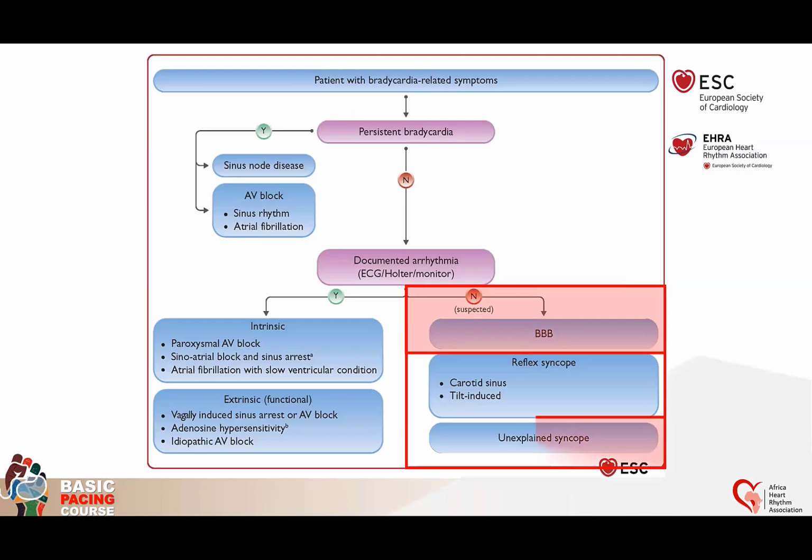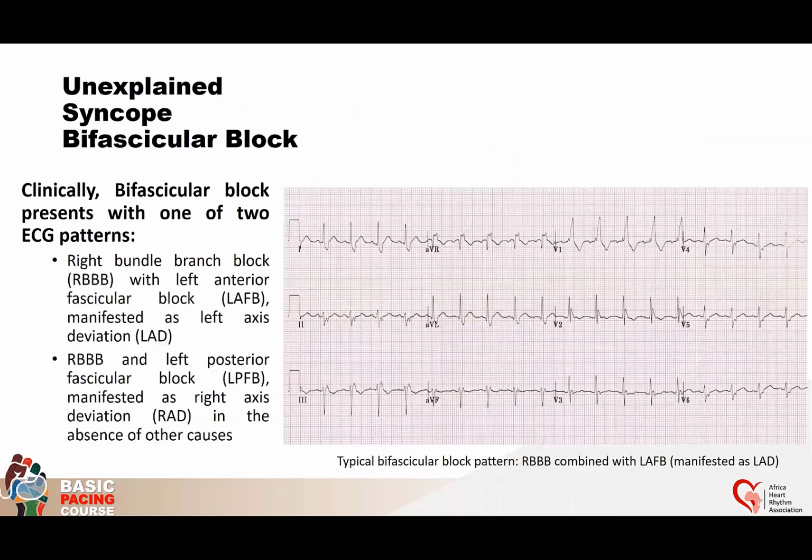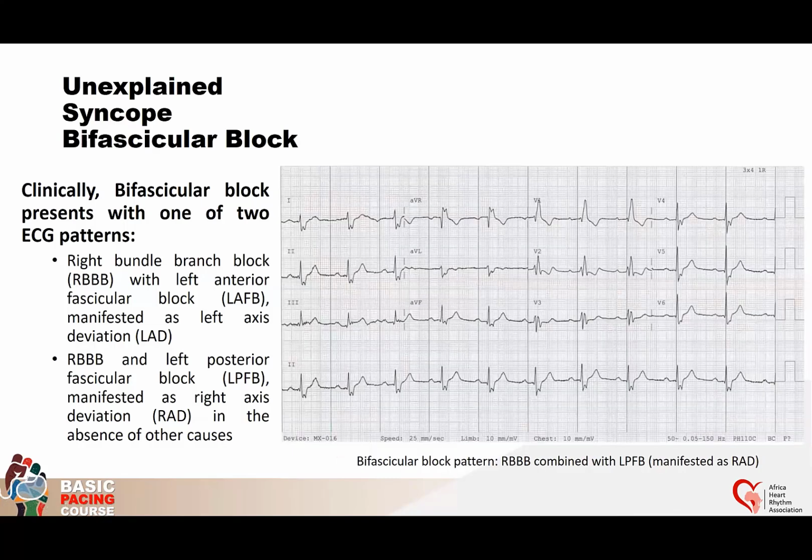Bundle branch block and unexplained syncope. So if you have a patient with unexplained syncope, you have never documented episodes of bradycardia that would explain the syncopes, but having a typical bifascicular block pattern, like right bundle branch block with left axis deviation, denoting a left anterior fascicle block, or a less common bifascicular block through the block of the right branch and the posterior fascicle, manifested